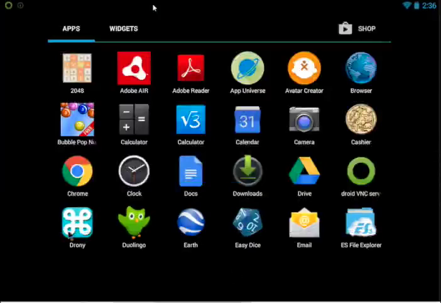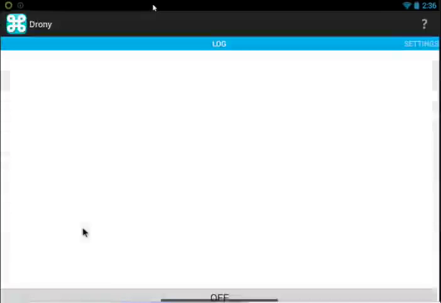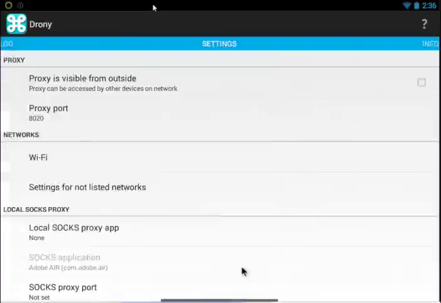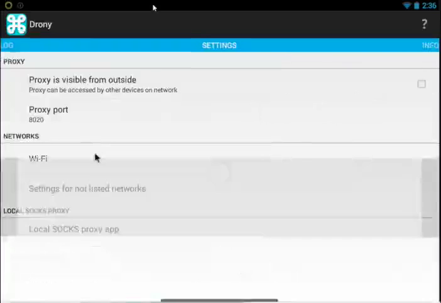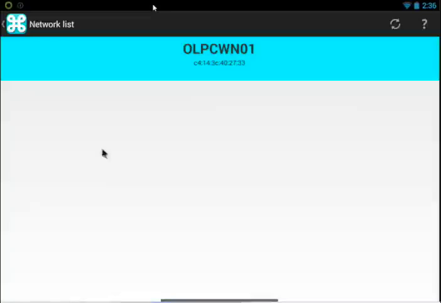So if you go to your app drawer and see Joni, once you've located Joni, click, and you should see the blue screen, the blue line saying log, and the gray at the bottom should say off. Swipe from right to left to get to the settings menu and access the Wi-Fi. You should be able to see the Wi-Fi network you're currently logged on to. If you click on that,